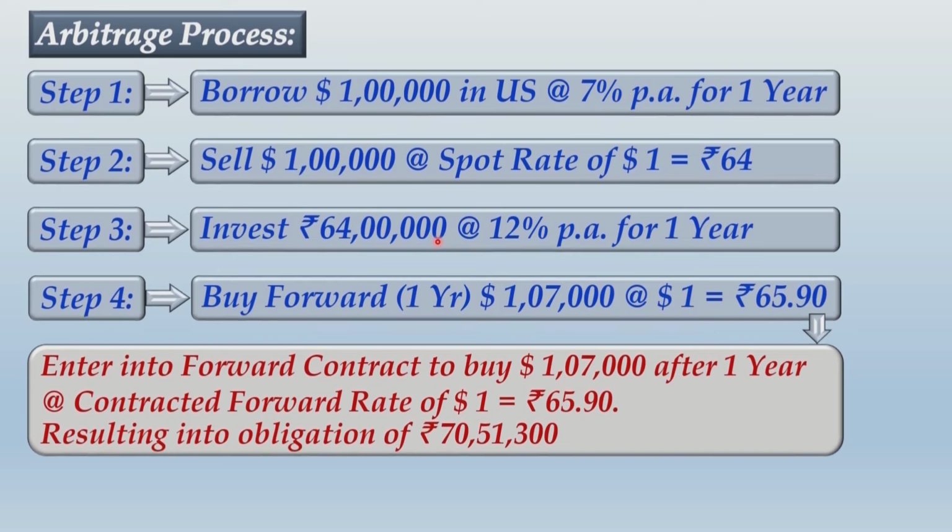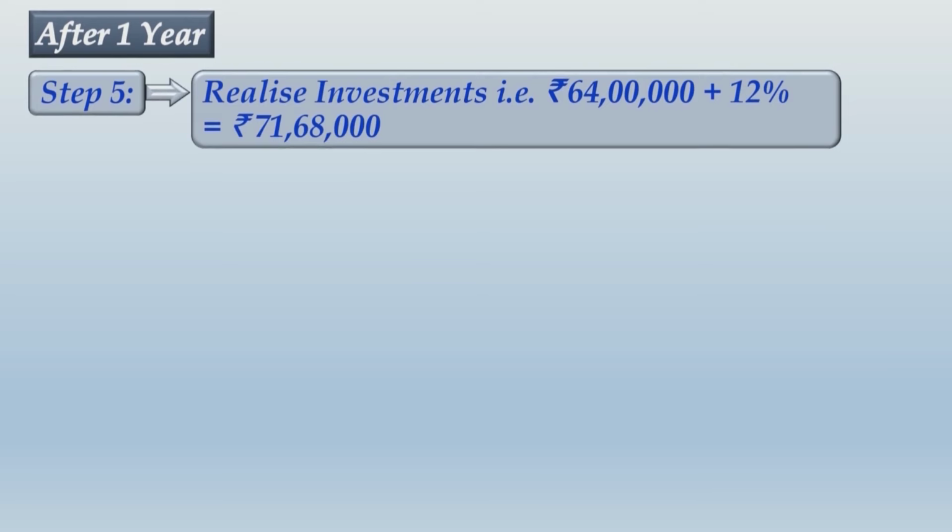And obviously what we will do, we will plan the procedure ahead where we will first get this inflow. So the amount that you have invested will be matured and you will be getting the proceeds of this investment in hand. That will be utilized to honor this forward contract to get $1,07,000, through which you will be paying off your US dollar borrowings with interest. So let us see how to write up the process ahead. After 1 year, step 5 will be realize investments, that is rupees 64 lakh plus 12%, which will give you